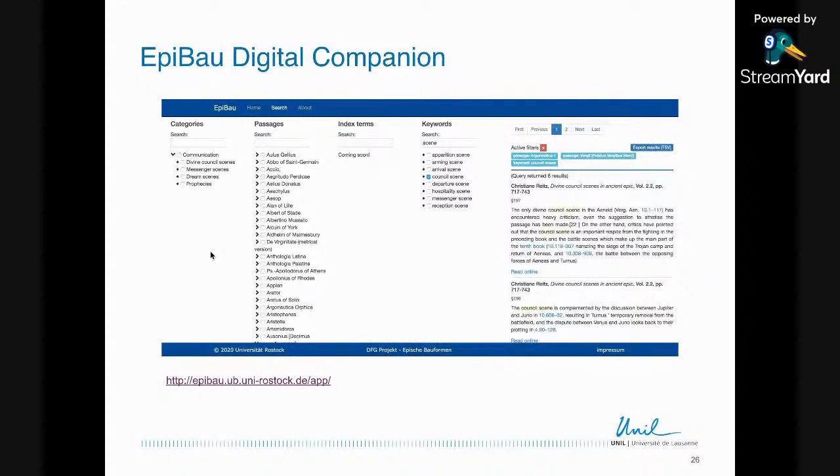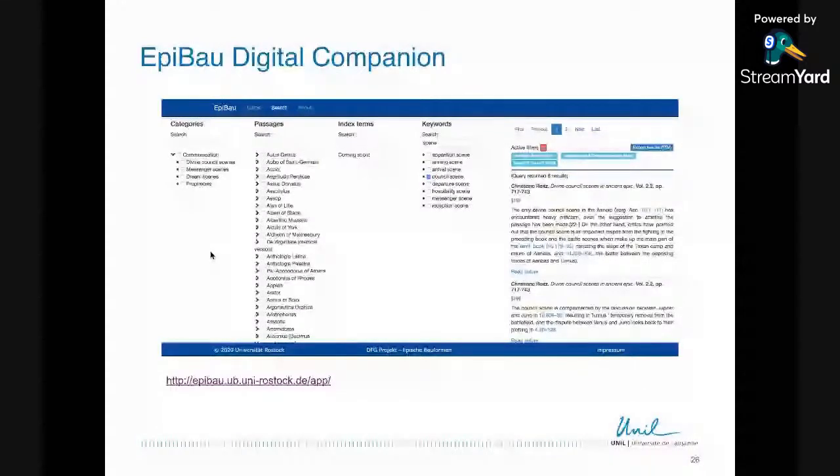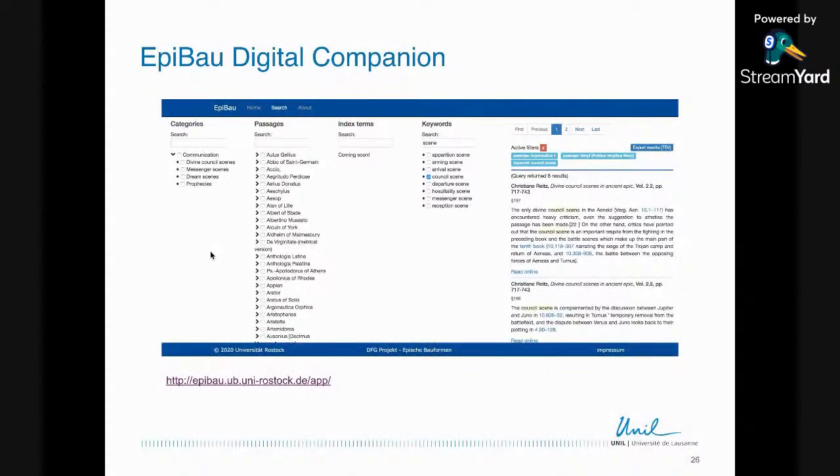So you can, for example, ask, given this publication, for all the paragraphs that mention the keyword council scene, which is a type of scene in epic poetry, and that also cite a certain book of the Argonautica and also Virgil. And this, naturally, is a very interesting way of combining together the same information that you have in printed indexes, but in a digital interface that allows you more interactivity, the possibility to export your results.